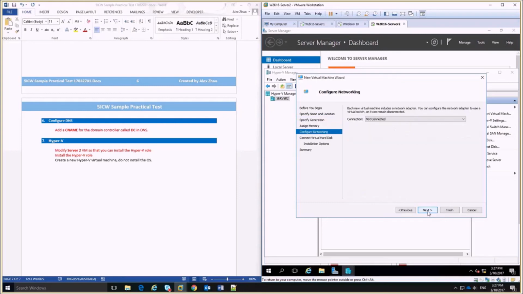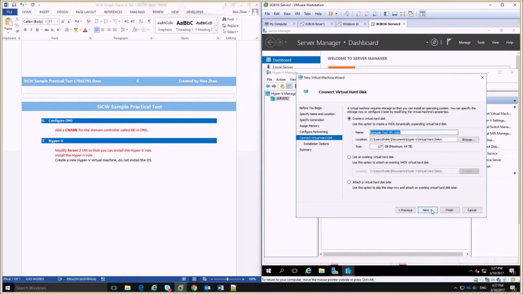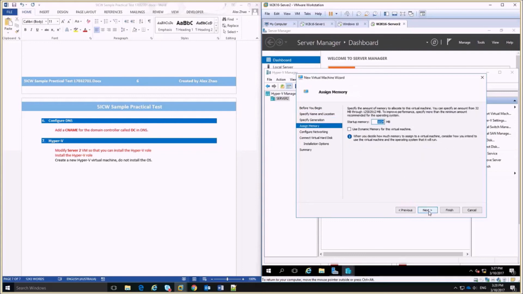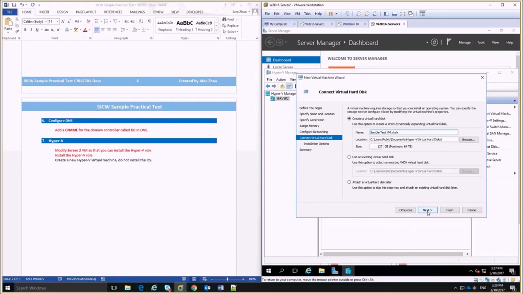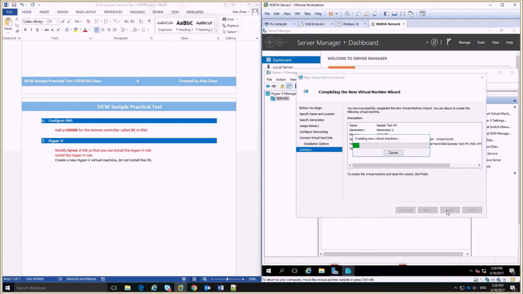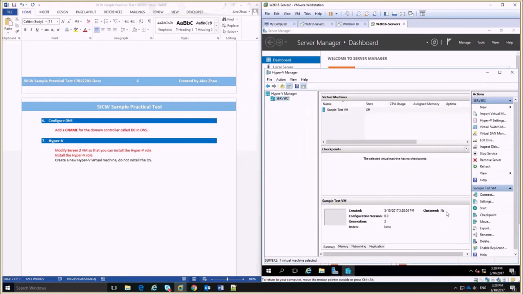That's probably enough. Is it connected to any networks? I can connect it to its physical network if we wanted to. And the hard drive, we'll let it call it its default name. I can see that I've spelt this sample incorrectly, so I'll go back. And the default location for the hard drive is fine. I'll install the operating system later, and I'll finish. Okay, so that's actually done. That is all that's required for this section of the